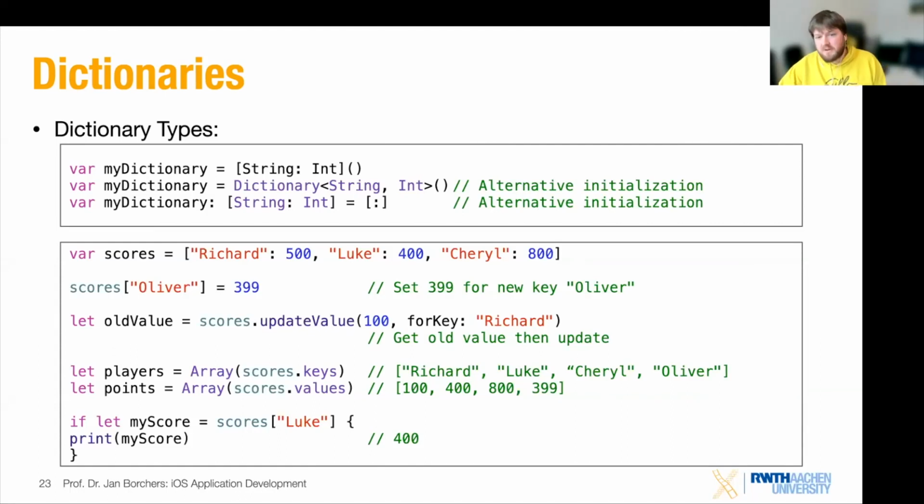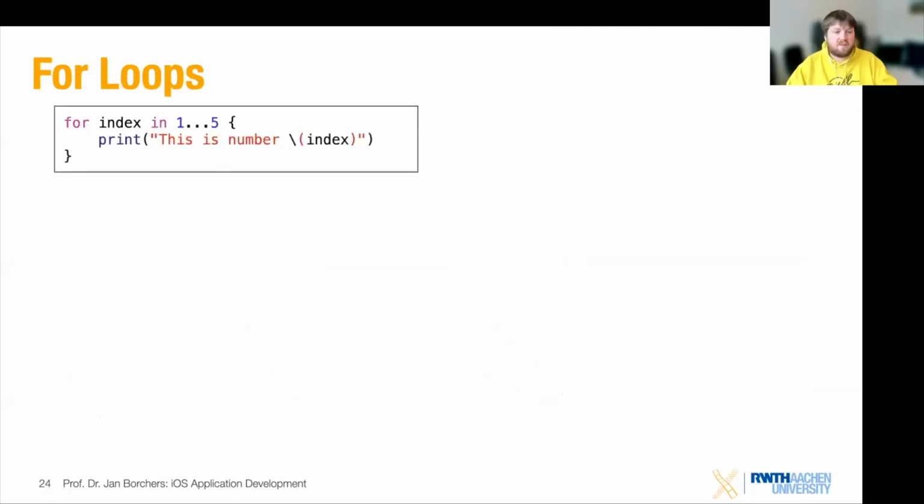But another important thing that you're doing with a programming language is iterating. And Swift is quite easy there with for loops, because the for loops are quite powerful and offer already a lot of options how you can choose how often to iterate and how to access different information.